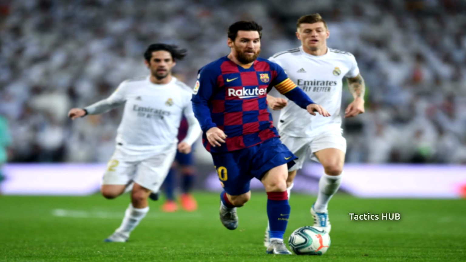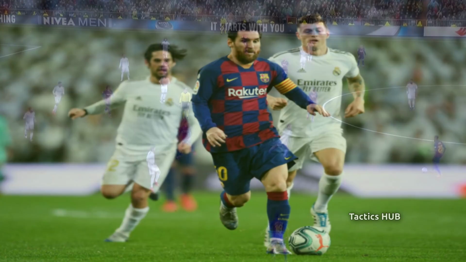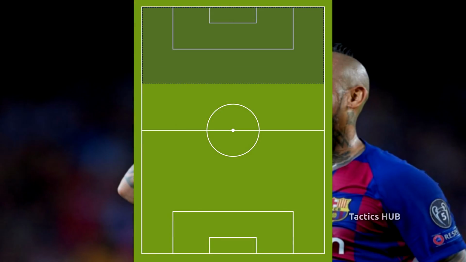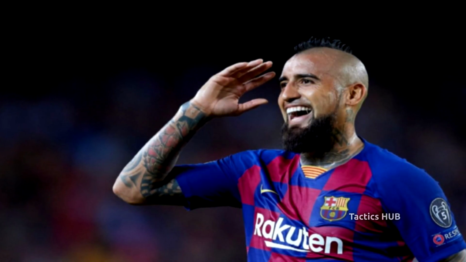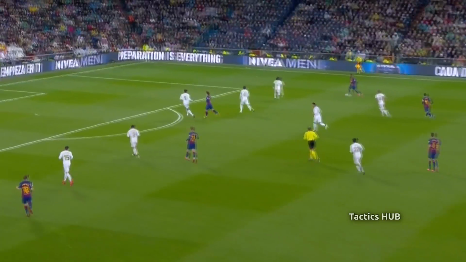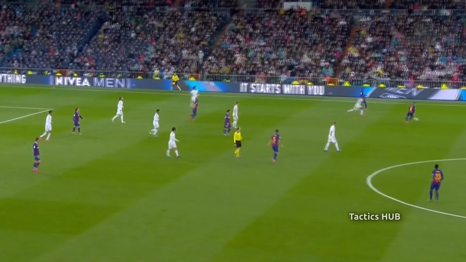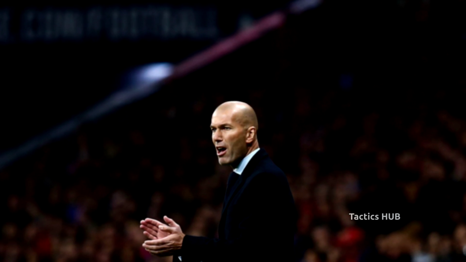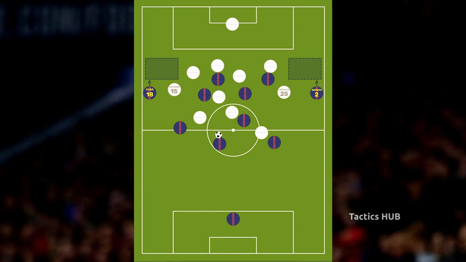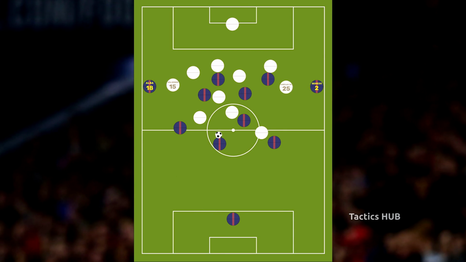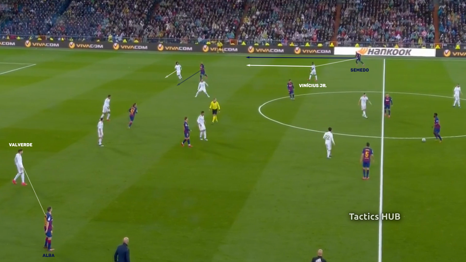As I mentioned before, Barcelona were able to penetrate Real Madrid's shape on a regular basis, but only until they reached the final third. That is where Vidal's role stopped being effective. This is because of how Real Madrid reacted as soon as Barcelona got close to the final third. In order to take care of the threat posed by Barcelona's fullbacks, Vinicius Jr. and Valverde tracked back on their respective sides to become wingbacks temporarily.